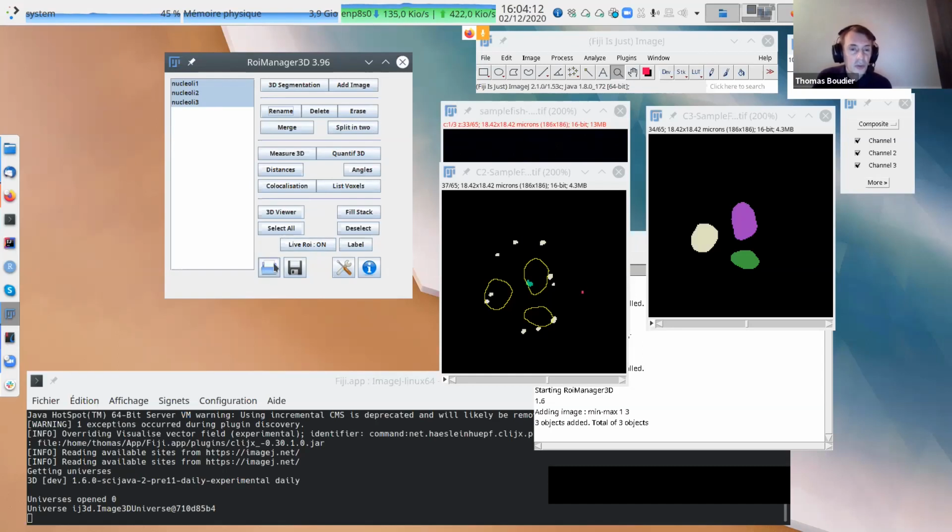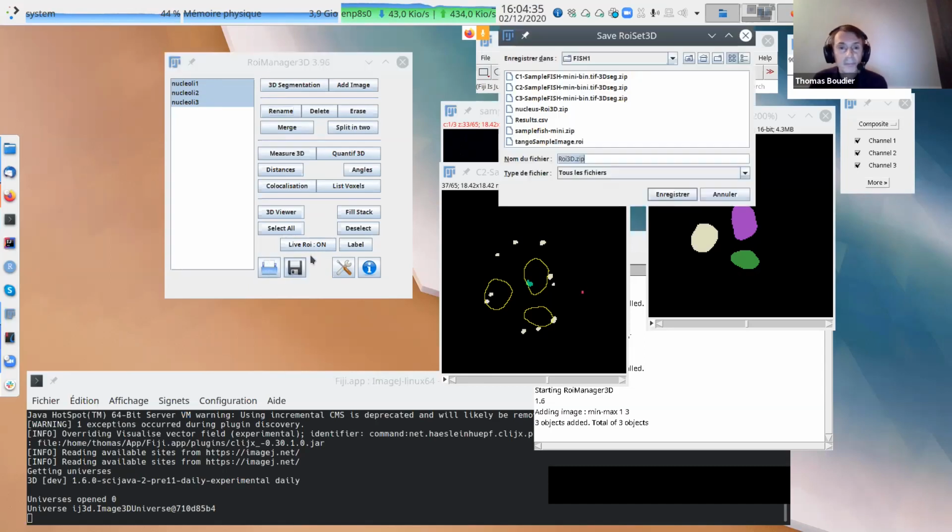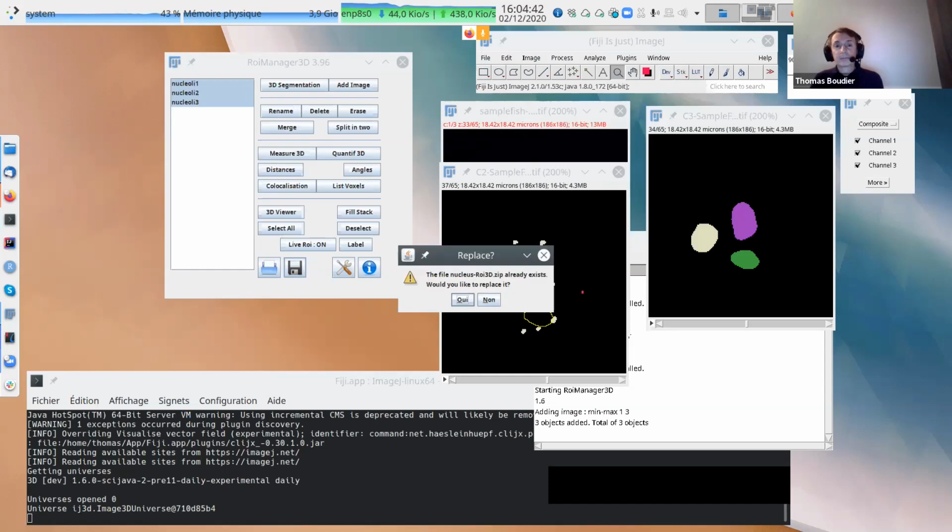So you can also save. For the objects, you can see the object inside the image. But if you edit your list of objects, like nucleoli, and you're not interested in nucleoli 1, you just remove it. Then you can save. Here we have save objects, and then you can save the object here, Nucleolus array 3d.zip.